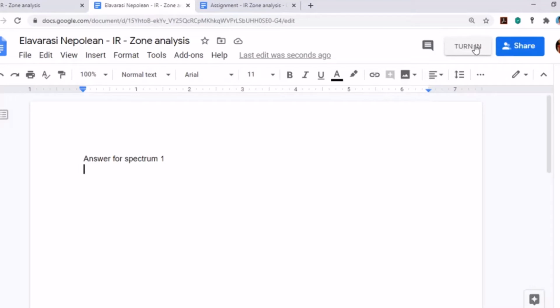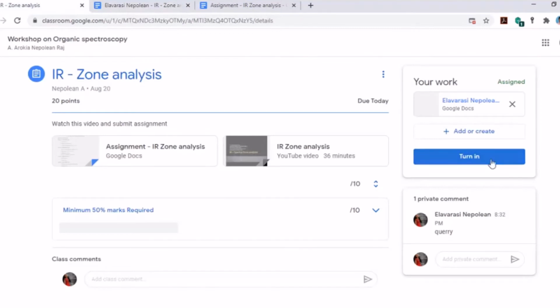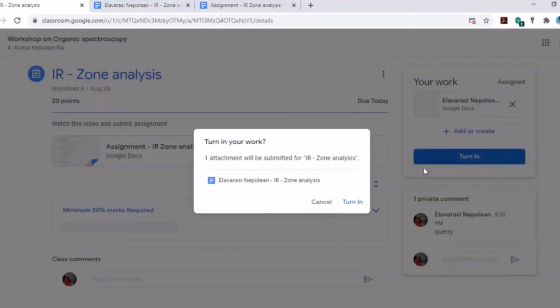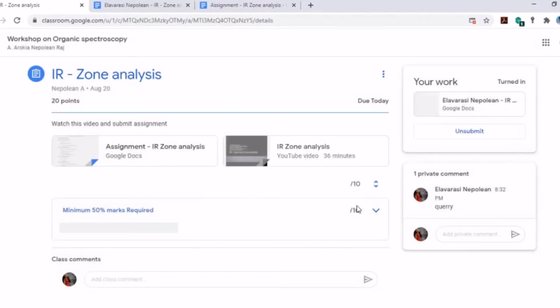If you click turn in, I will get the assignment. Or you can come back here to click turn in. If you click turn in, I will be able to see the assignment. This is how you have to submit your assignment.